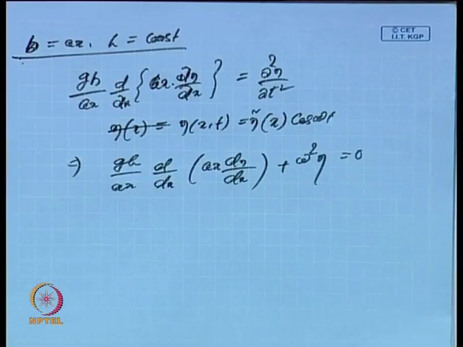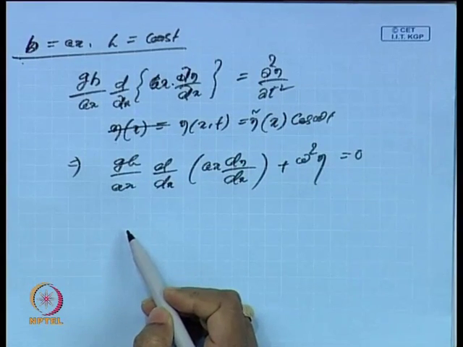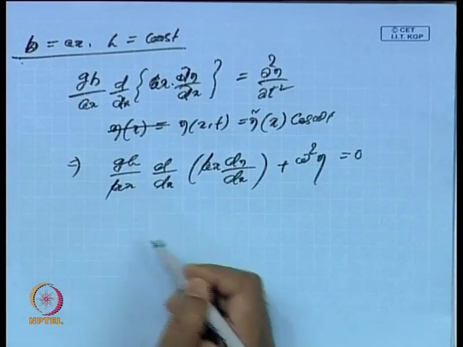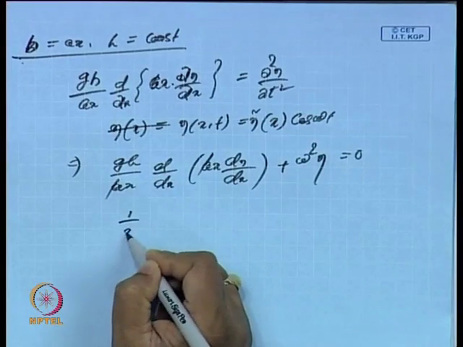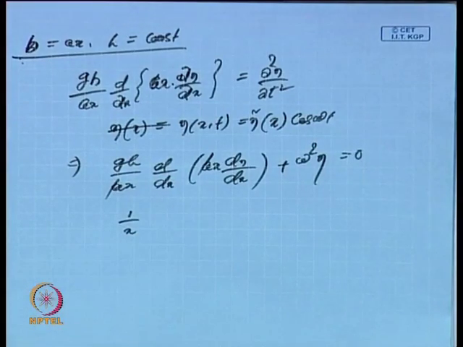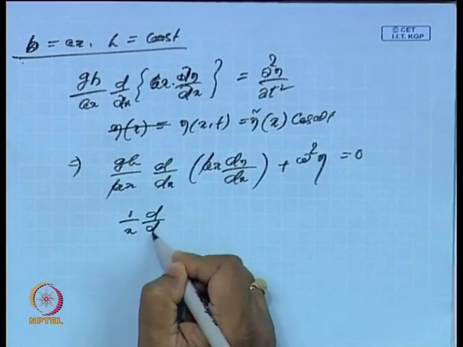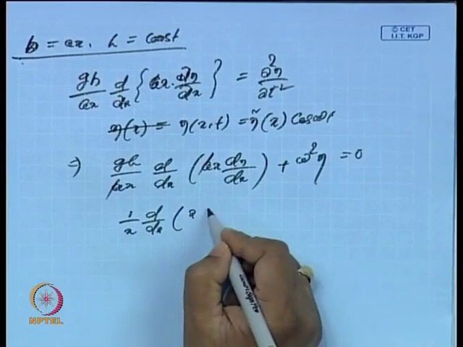Here a gets cancelled, and that gives me 1 by x d by dx into x d eta by dx